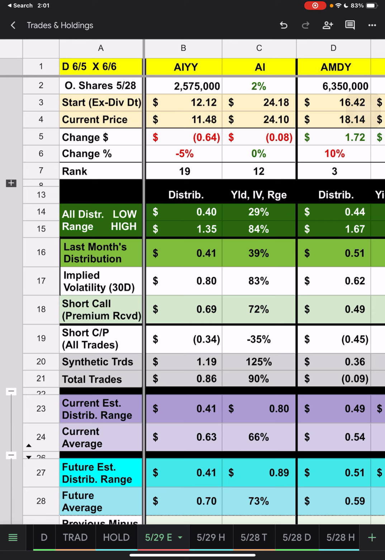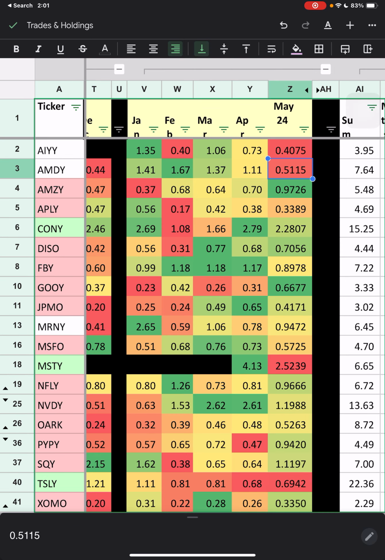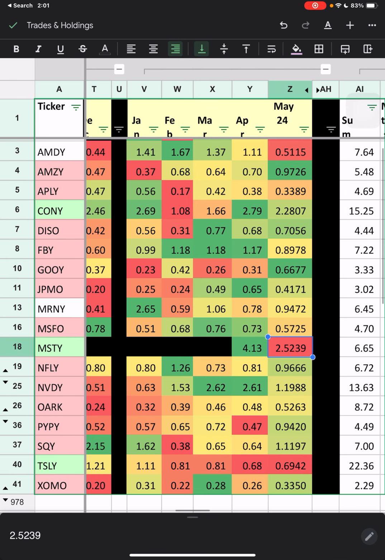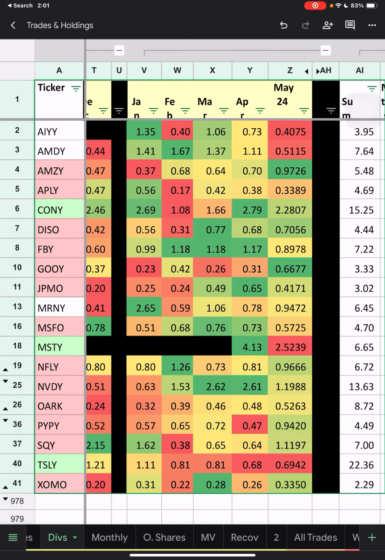Well, I did go back and look just to see on the distribution. So last month, a couple of these did have their lowest distribution, like AIYY, AMDY, and Misty. It only had 2, right? And then Tesla. Those are the only ones that had their lowest distributions. Like since inception, I mean, this one's off like by a penny. Which means, yes, that could be like the initial opening because this is included in the,